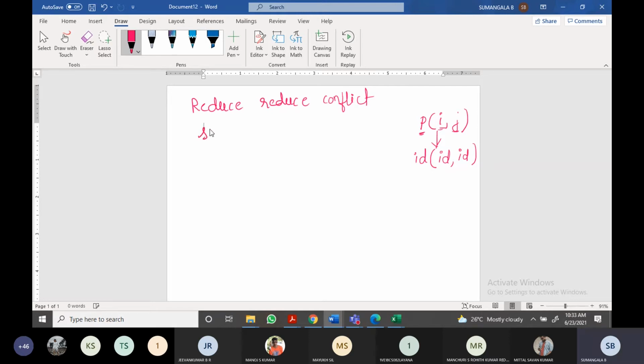Say the statement we have. The starting symbol of the grammar is identifier, as I told you. As this function name is also an identifier, what is the grammar we will have? The statement: identifier, opening brace, the parameter list. The parameter list, that means the function name is also taken as the identifier.